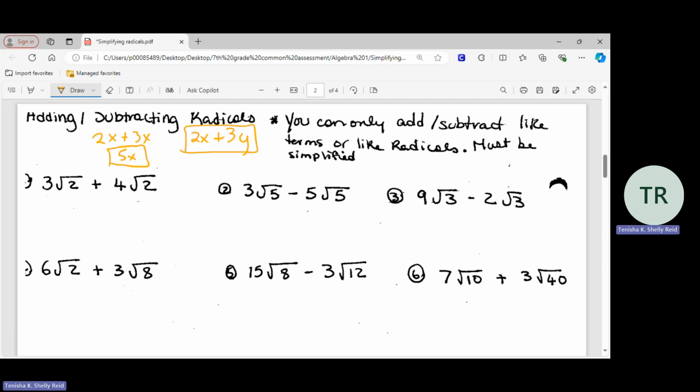Hope we remember. Radicals will work in a similar fashion if you are adding or subtracting